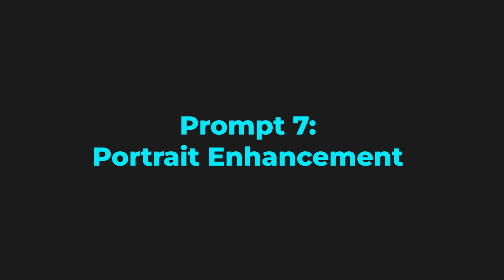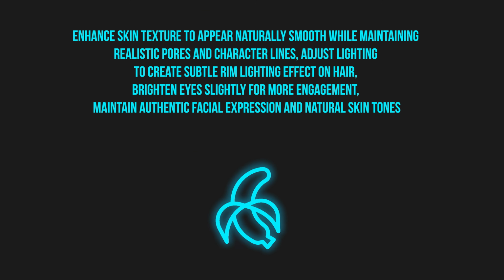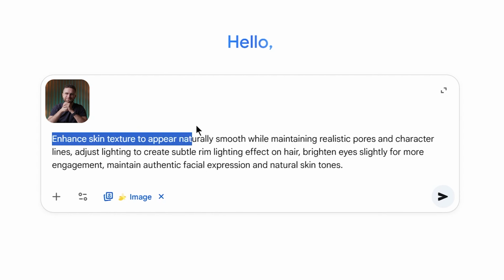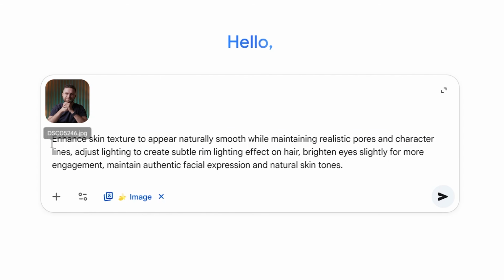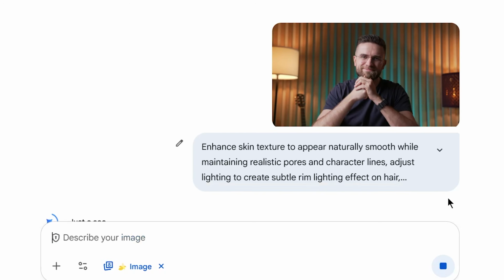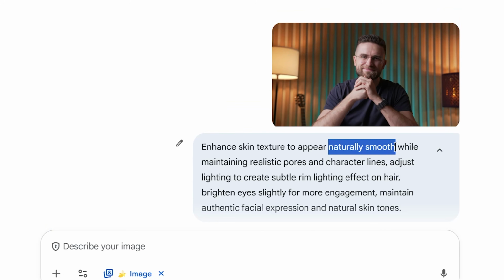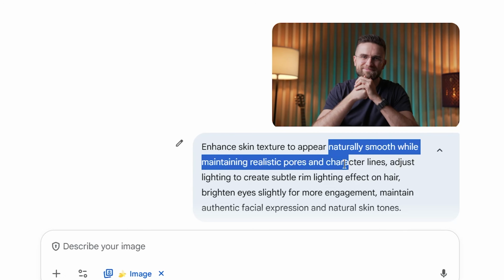Let's move into image editing territory, which is where Nano Banana really shows its power. I'm gonna take an existing portrait and demonstrate how to enhance specific elements. I am uploading a portrait photo now and applying this enhancement prompt. The key with portrait editing is being specific about what you want enhanced while being equally specific about what should remain natural. Naturally smooth while maintaining realistic pores prevents the AI from creating that artificial, overly smooth look that screams